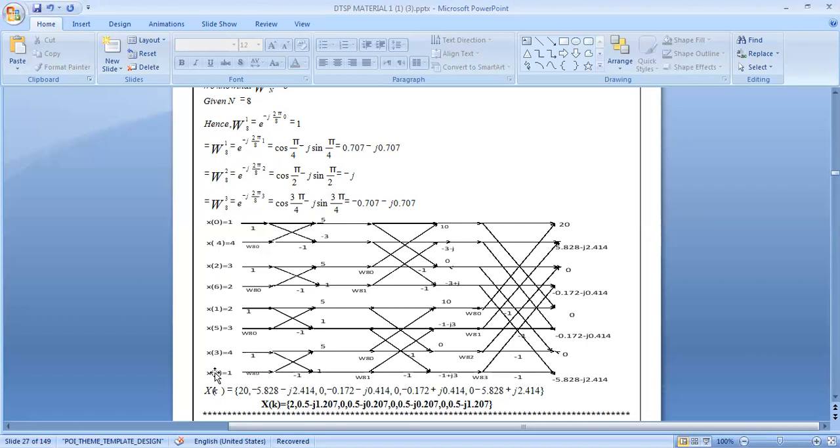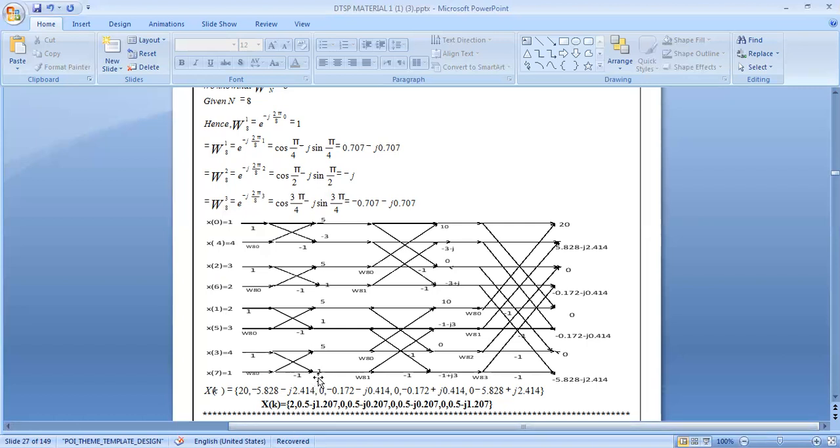Okay. Now, what about the next one? In the down arrow, we have to do the subtraction of the two numbers. So what will we get here? 1 minus 4 will be minus 3. Similarly, we proceed for 3 plus 2, that will be 5. 3 minus 2 will be 1. The next one, 2 plus 3 will be 5 and 2 minus 3 will be minus 1. The next one will be 4 plus 1, which is 5. The next one, 4 minus 1 will be 3.